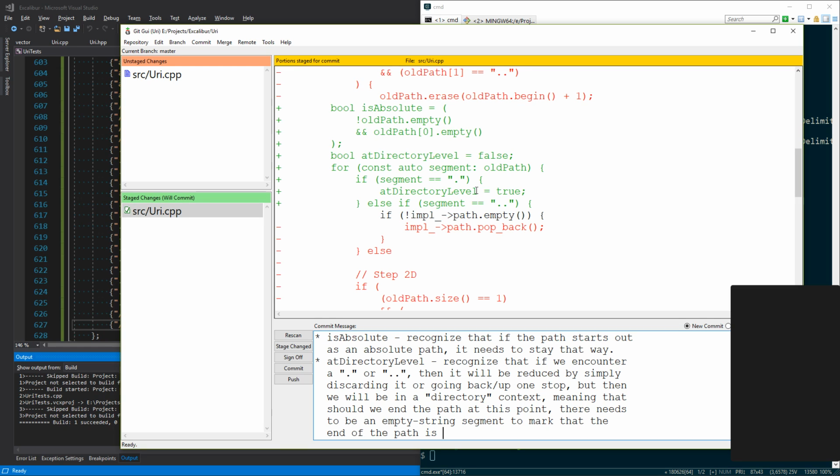At the end of the path is reaching into a directory,